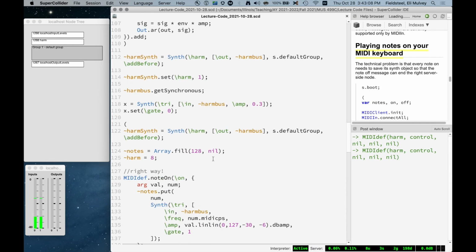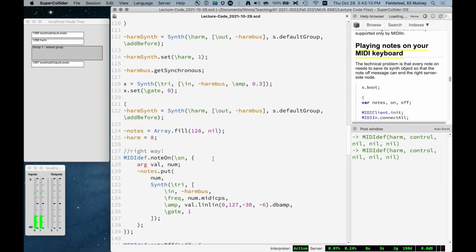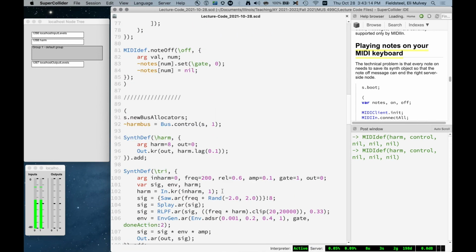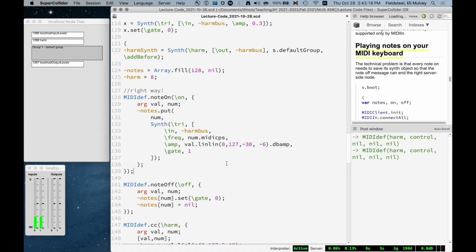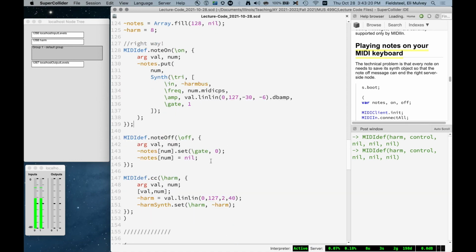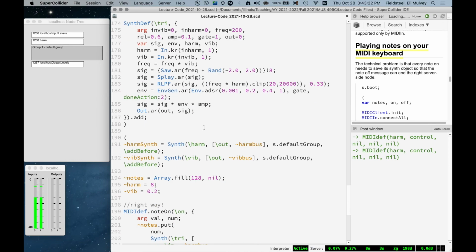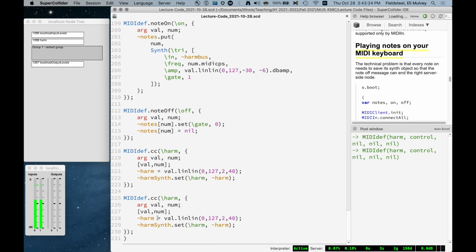What's happening now is they're both affecting vibrato and something like that. And all controllers are affecting all of these. I'll make sure to polish this up and make sure it's fully functional before I send it out. But basically, the short story here is